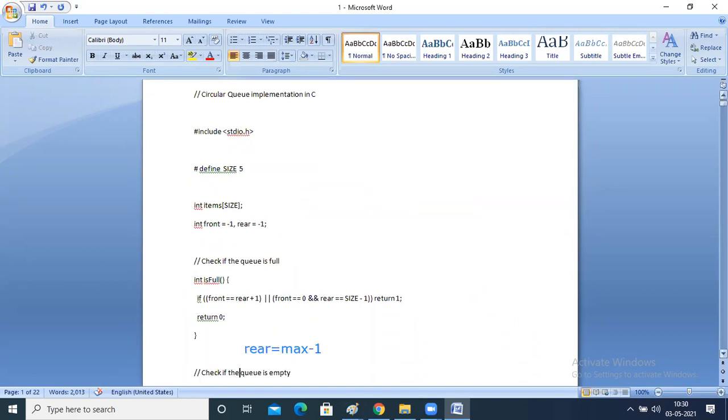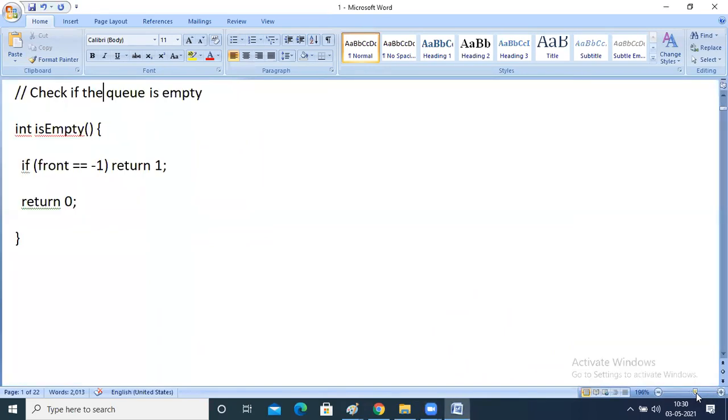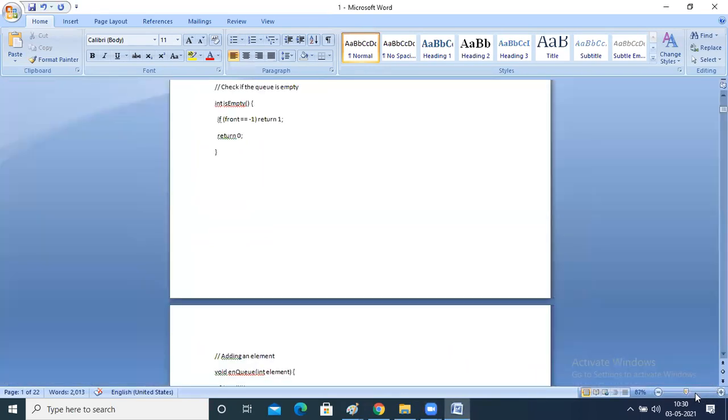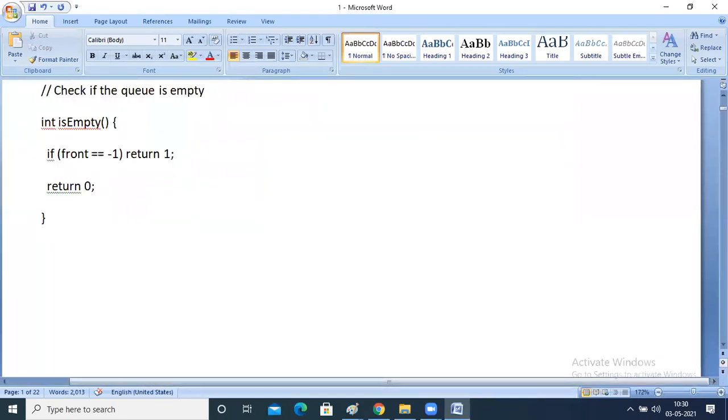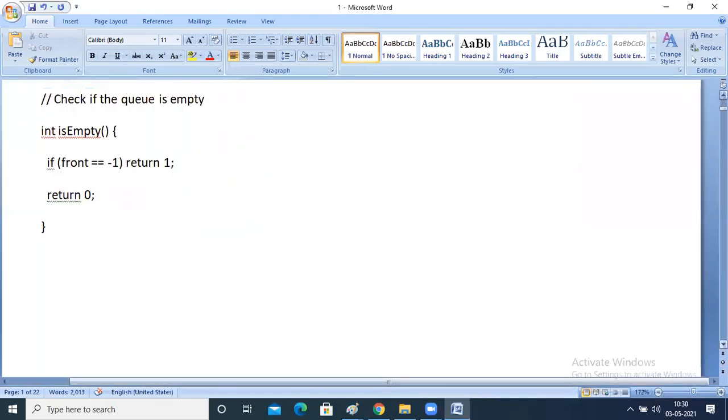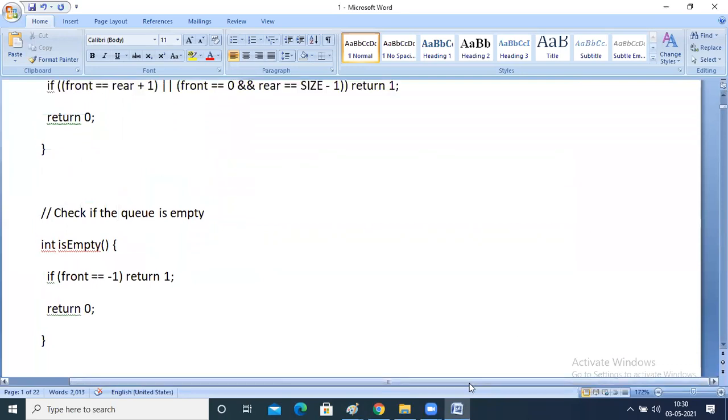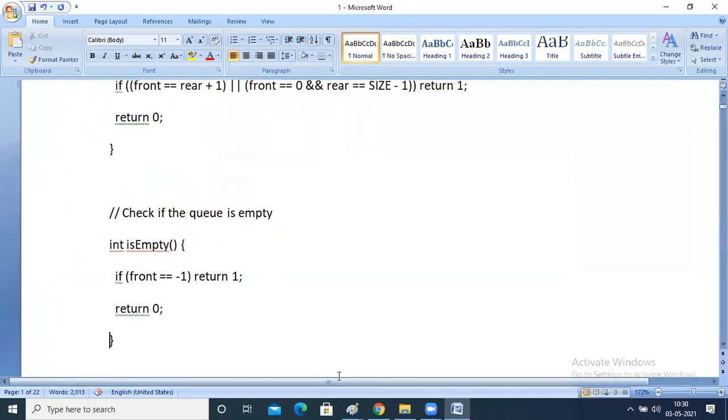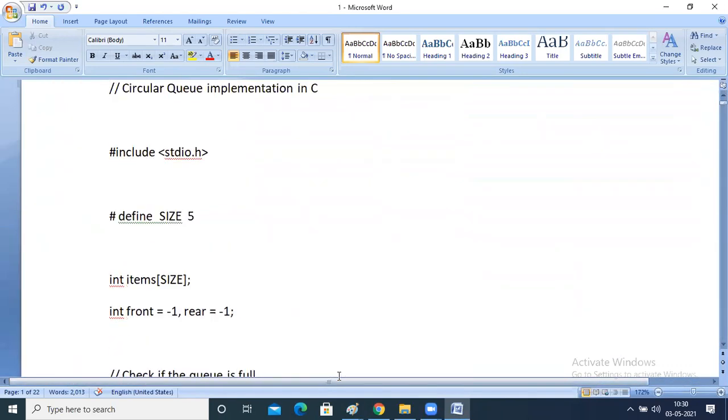When will it become full? So you can see the program.